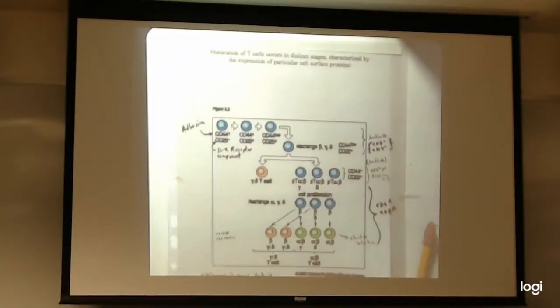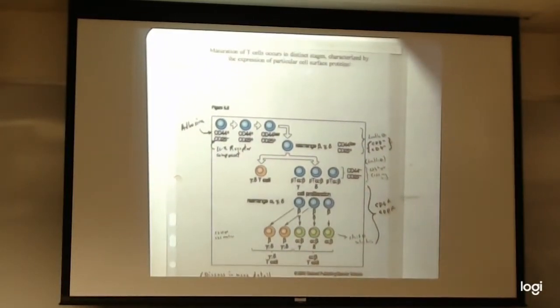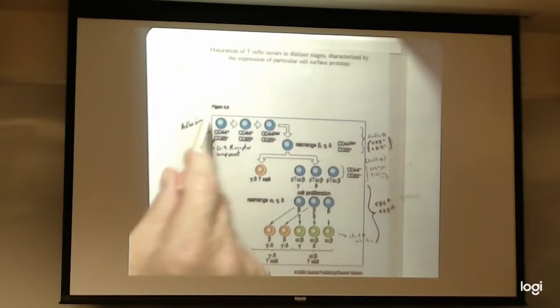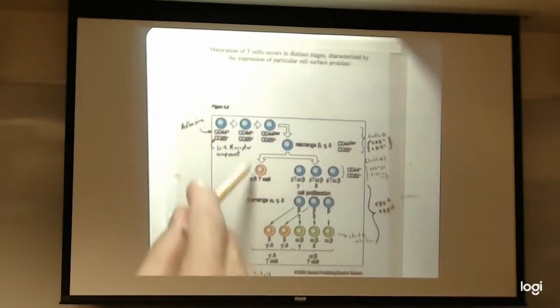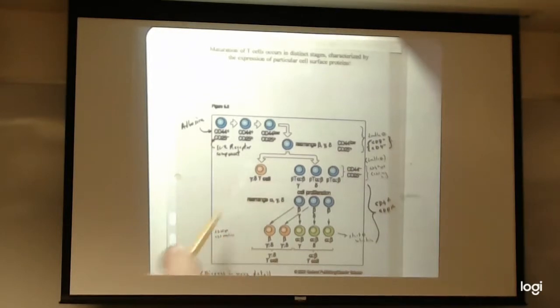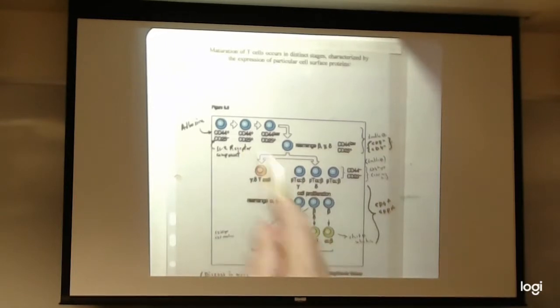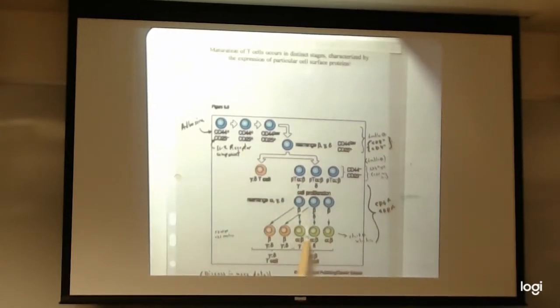Now we're going to do a little sidebar here. The maturation of T cells, as I said, occurs in distinct stages. And each of these stages is characterized by the expression of particular cell surface proteins. And as immunologists decades ago began to work out this whole process at the molecular cell biology level, they used